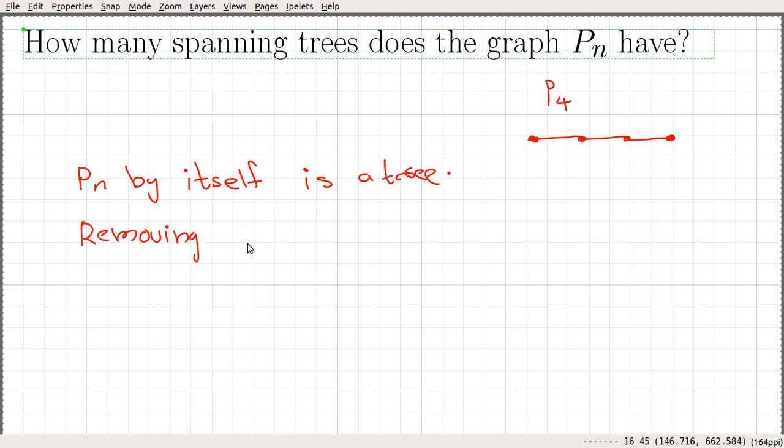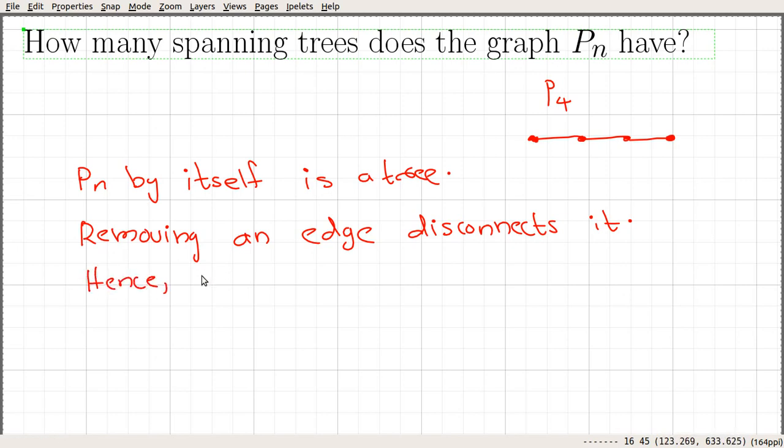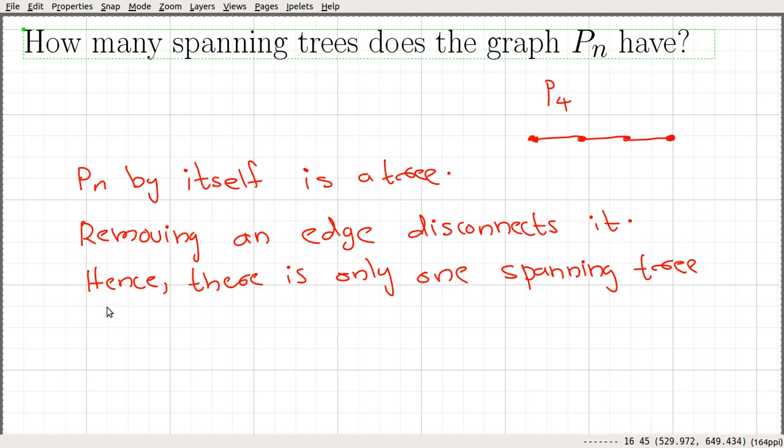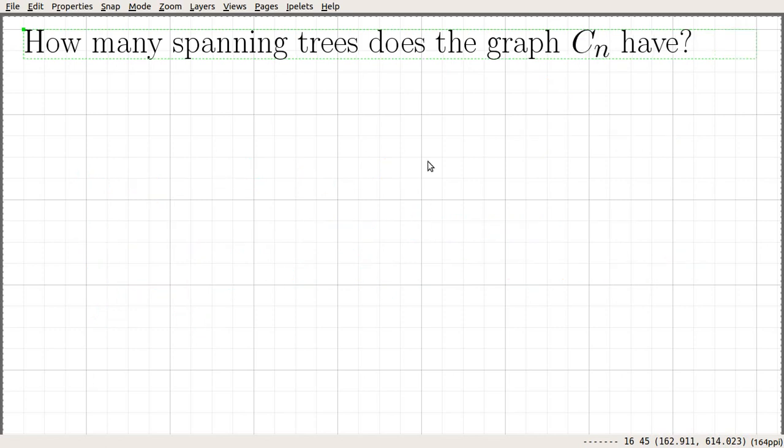So removing an edge disconnects that particular graph. Okay, so that says there is only one spanning tree for P of n.